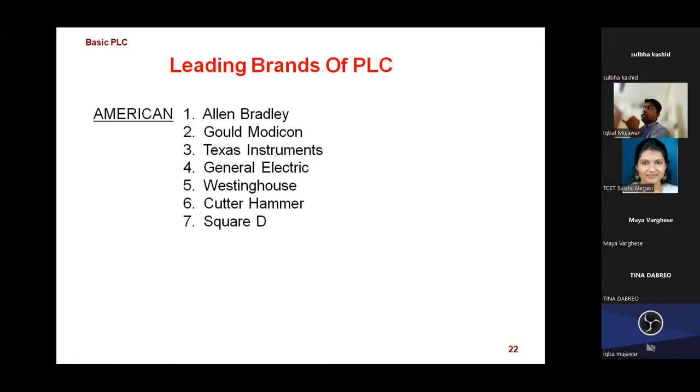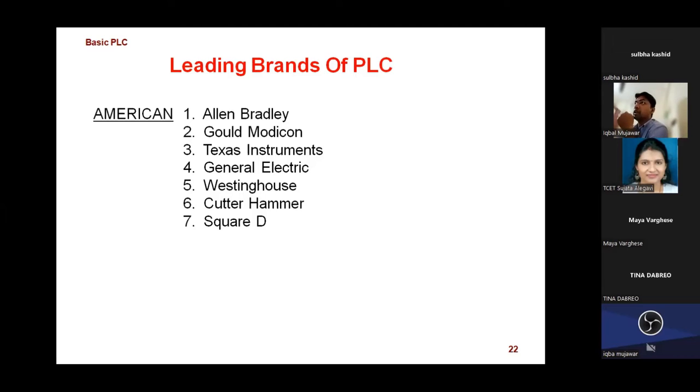Now, what are the leading brands for the PLC? Which PLC do we need to purchase? If you go to the market, lots of companies' PLCs are available. Some of the names are from reputed countries, which you might have heard already. If I'm talking about American companies, then Allen Bradley is very popular. Texas Instruments, sir has explained, I think so. Texas also creates PLCs.